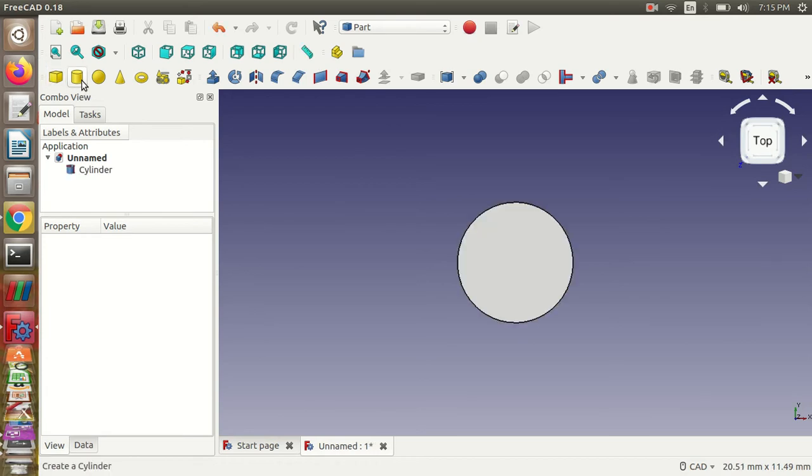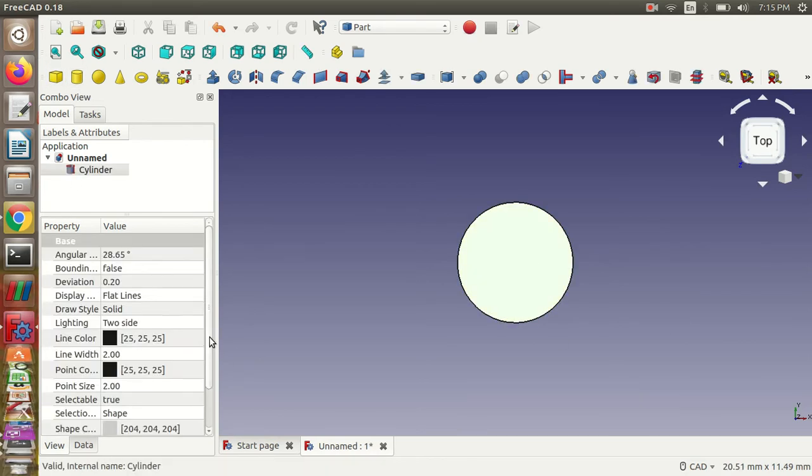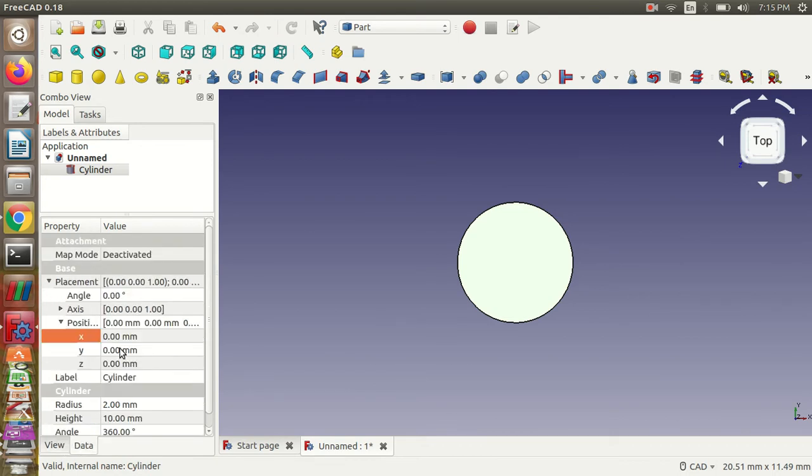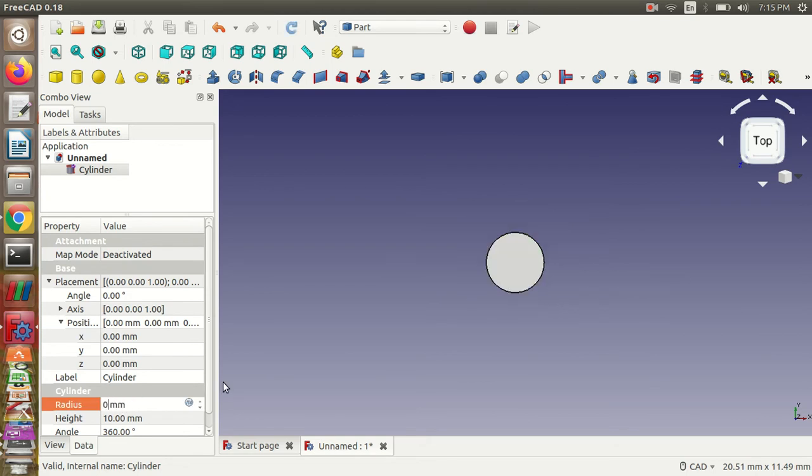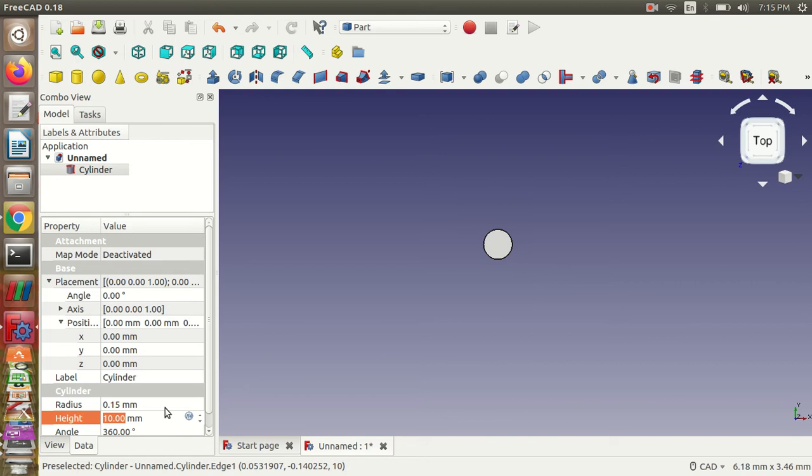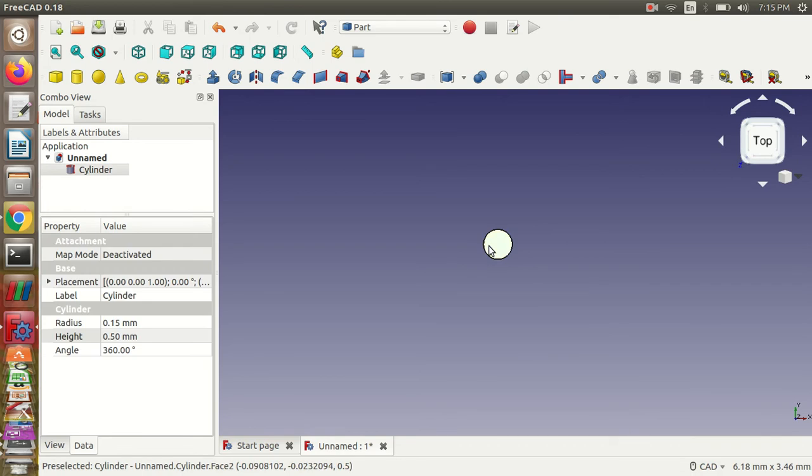So I'm going to now create a cylinder. Herein it is written as radius, so I'm giving radius as 0.15, that means diameter is 30 centimeter, and height as 0.5 meter. Don't worry about the units, because once it is saved as .stl, there won't be any information regarding the units. So when you are importing it, it will be just written as numbers, so OpenFOAM automatically takes it as meter unit system.